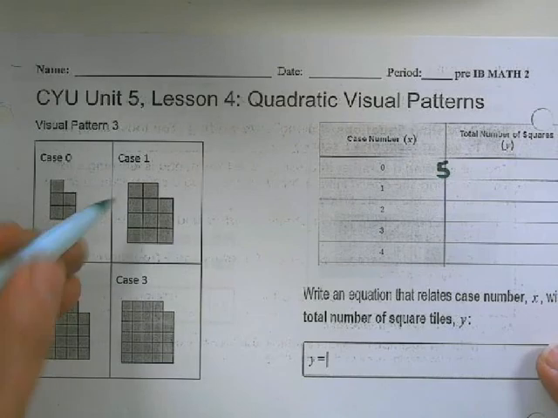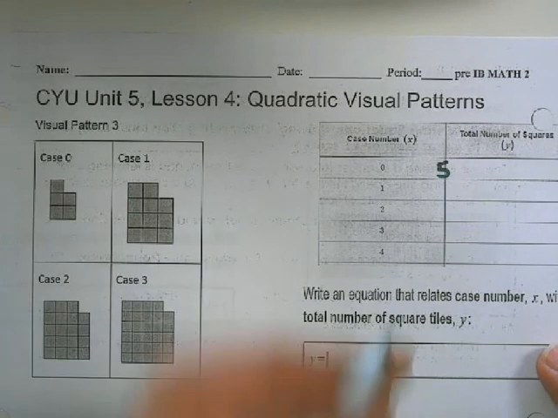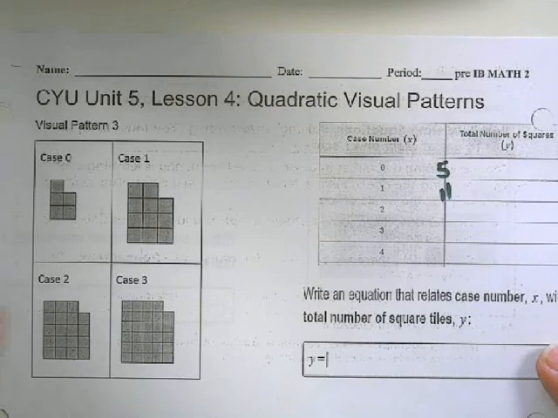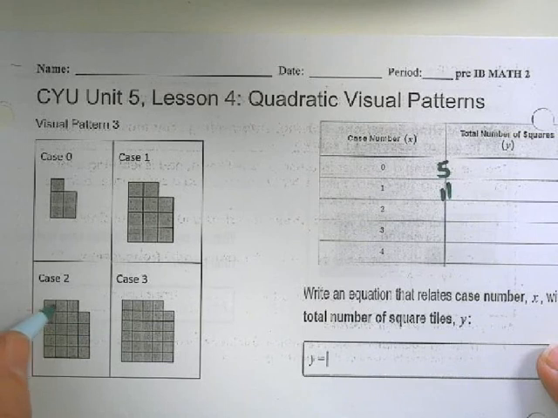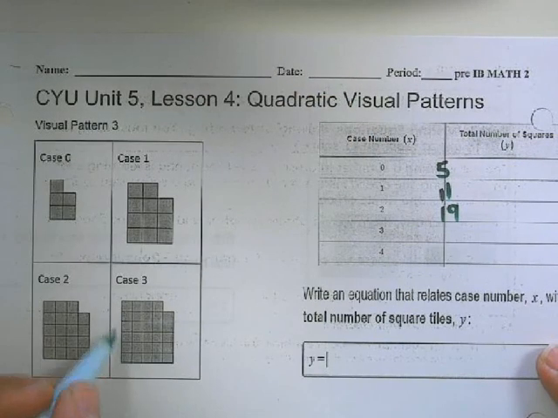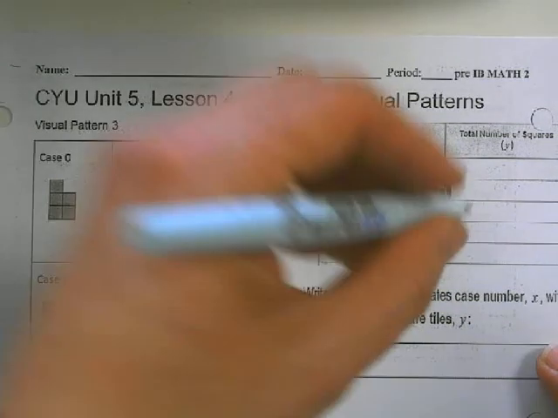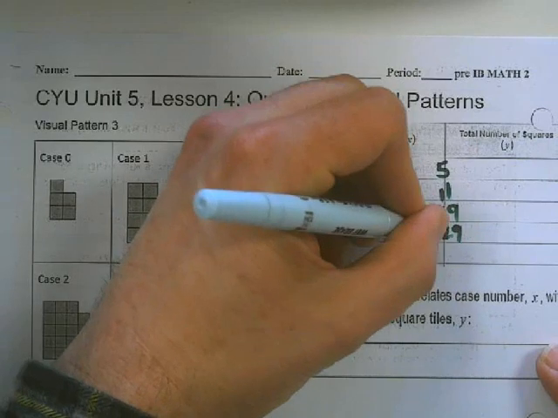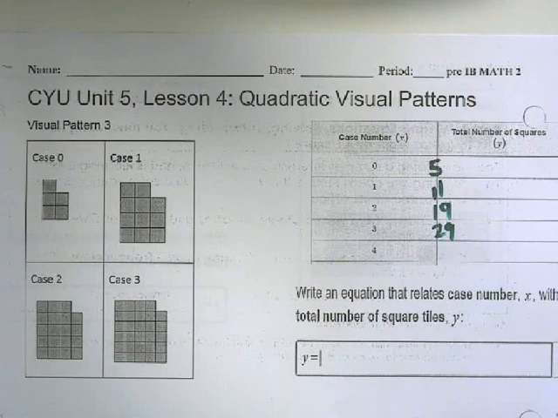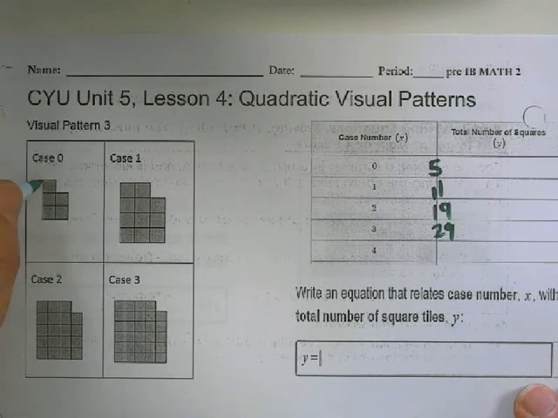Then I've got 1, 2, 3, 4, 2 plus 9, that's 11. Here I've got 16, 17, 18, 19. Here I've got 25, 26, 27, 28, 29. So there's a couple different ways to do this, and I'll show you two different ways. One thing I could do is say, look, I've got 3